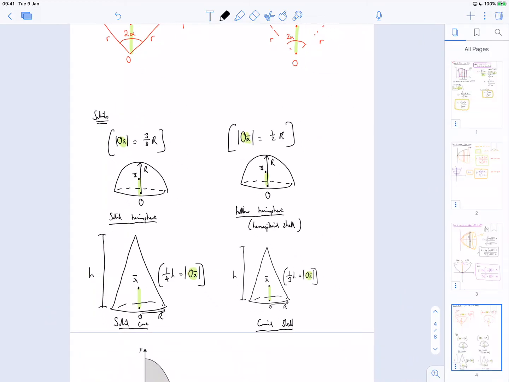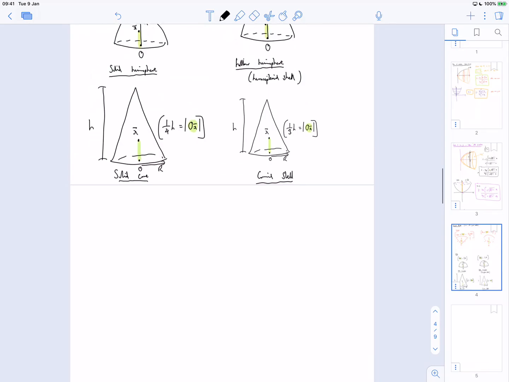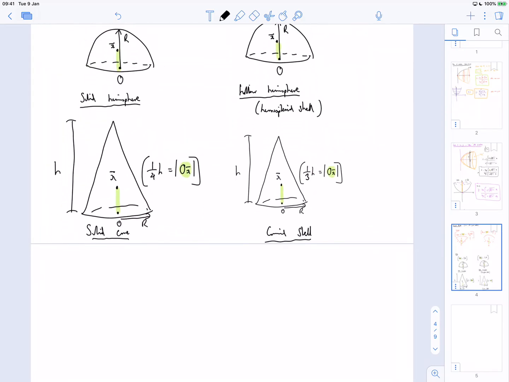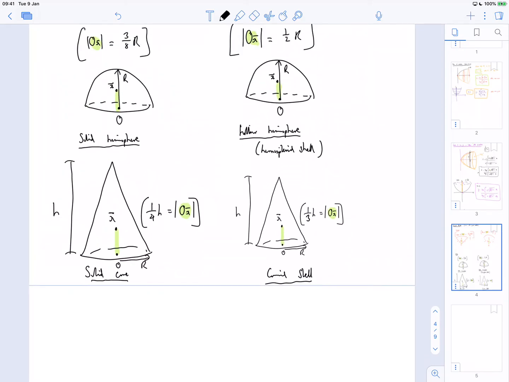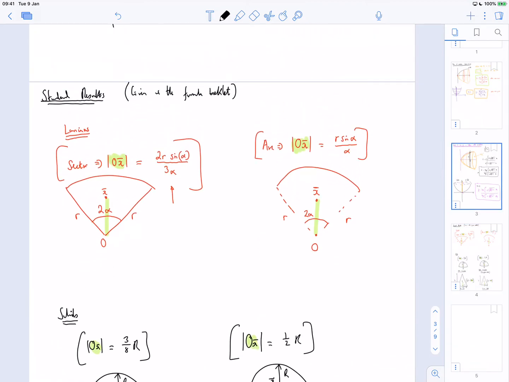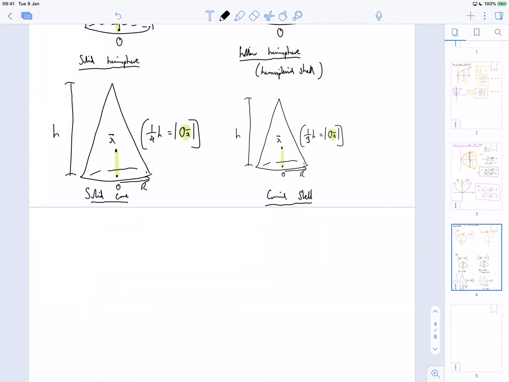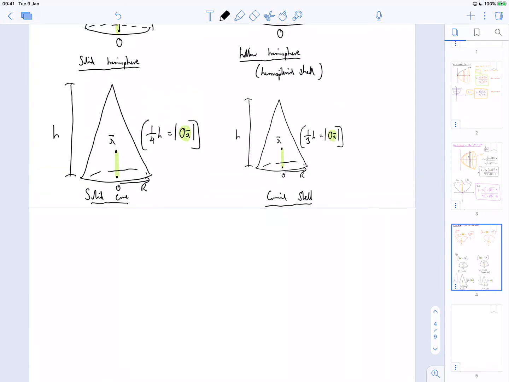And you're probably thinking, oh, okay, how would I go about integrating them? That's quite difficult. Well, what I would do, actually, the hemisphere and the hollow sphere would just be a volume of revolution of what you've done in the previous bits. That shouldn't be too difficult. And actually, so is the solid hemisphere and the solid cone and the hollow cone. Because think about it, what you can do